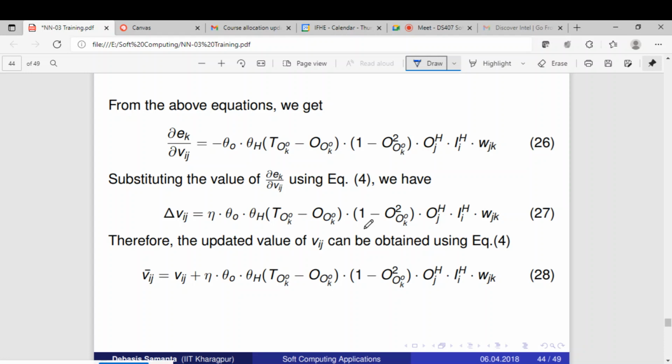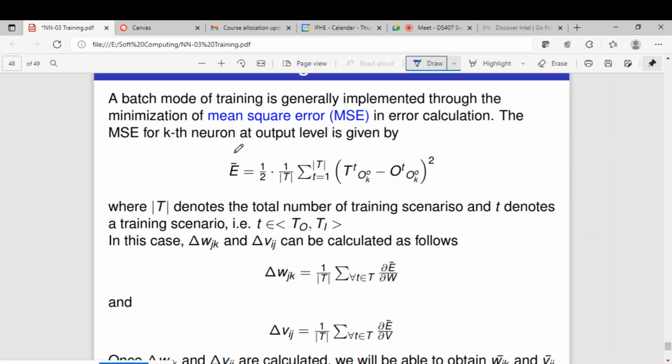Similarly, this last one slide is here. Normally, how does the neural network work? It will not work for one input, rather it will work for multiple inputs. I mean, if the data set contains, say, 100 inputs, it may take all the 100 inputs, then it will take the average error. After that only this back propagation will start. So that is what this equation says.